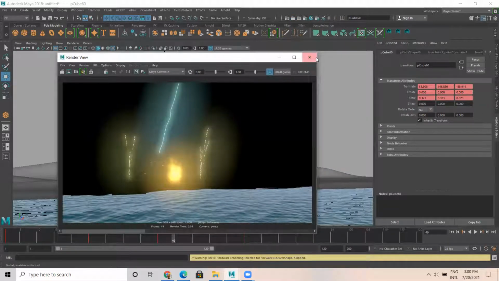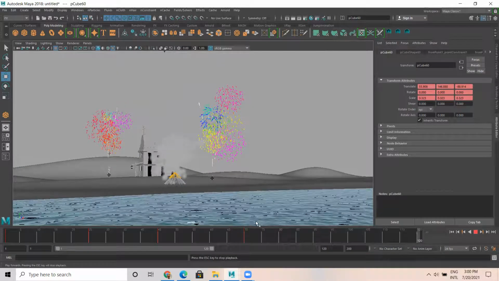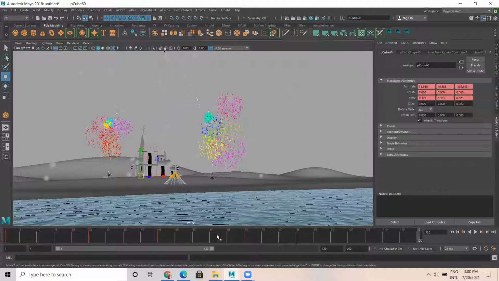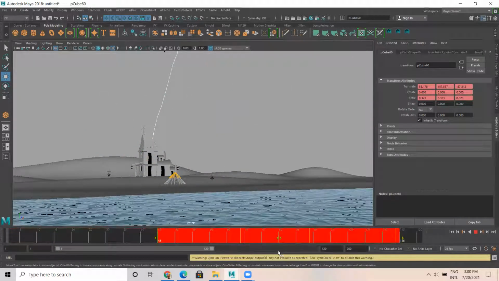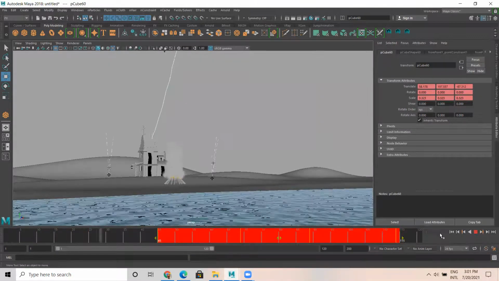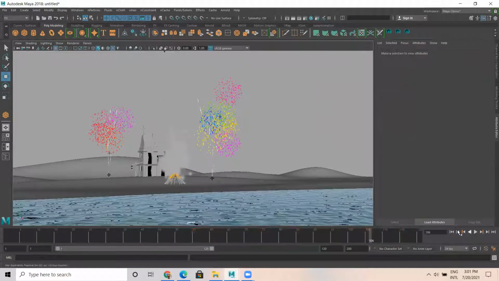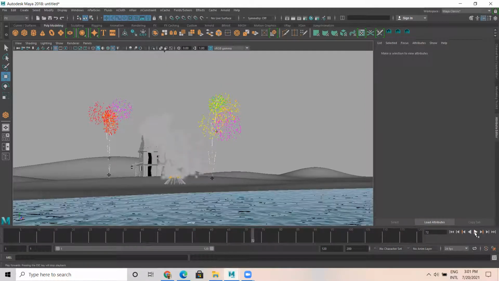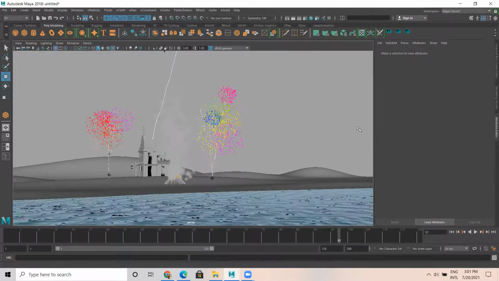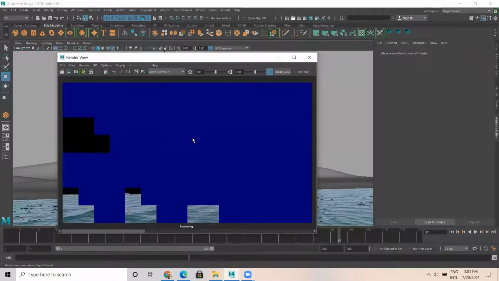So I have lightning effect also. We can create that lightning effect as well.